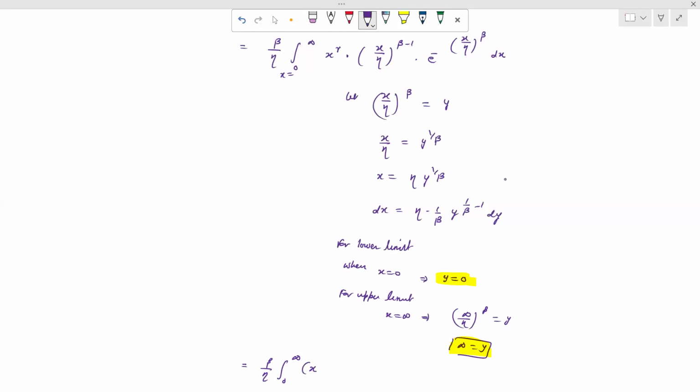So we write eta into y raised to the power 1 upon beta, to the power r, into the value of (x upon eta) raised to the power beta minus 1, which is y raised to the power 1 minus 1 upon beta, and e raised to the power minus y, and the dx value is eta into 1 upon beta